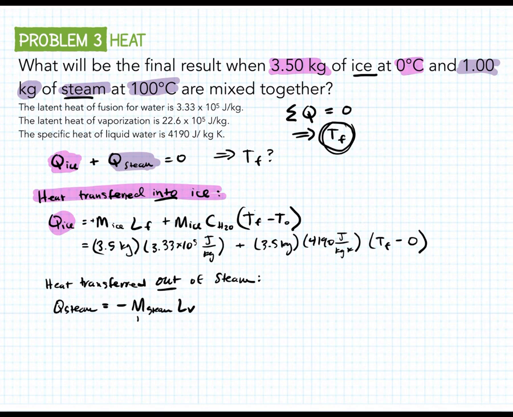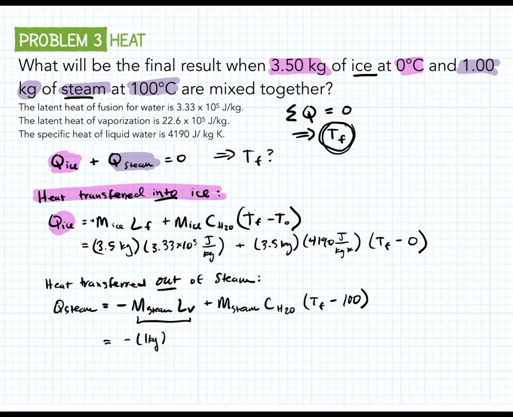And then this is our first Q, right, just for steam. And then we have this other term where we're actually cooling down the water. So this is going to be M steam still, C H2O again, water, and then delta T, so this is going to be T final minus T initial, which in this case is 100 degrees Celsius. So we can plug in some numbers. We end up with